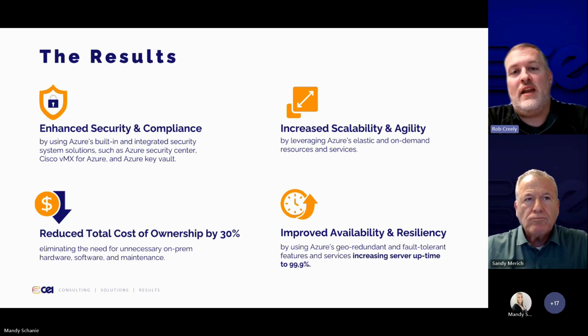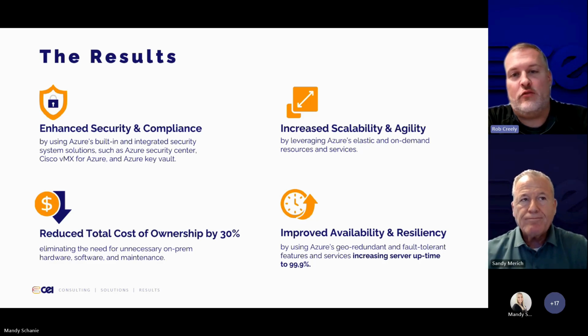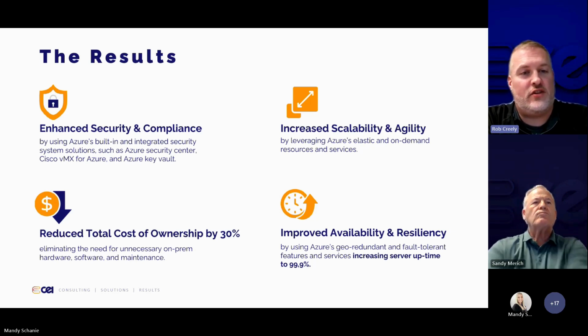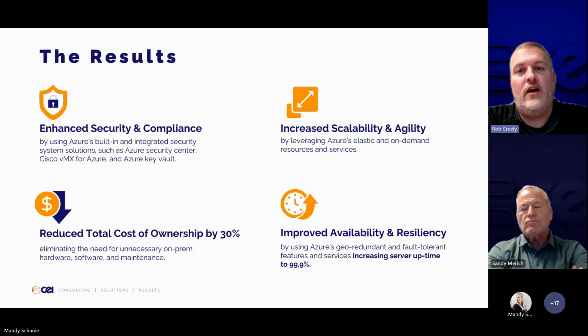So the main impacts. By moving to Azure and doing the assessment, we were able to give them that single pane of glass view of their environment. They're able to dynamically scale their environments, especially during the holiday season, up and down. We were able to take a lot of their instances and right-size them,